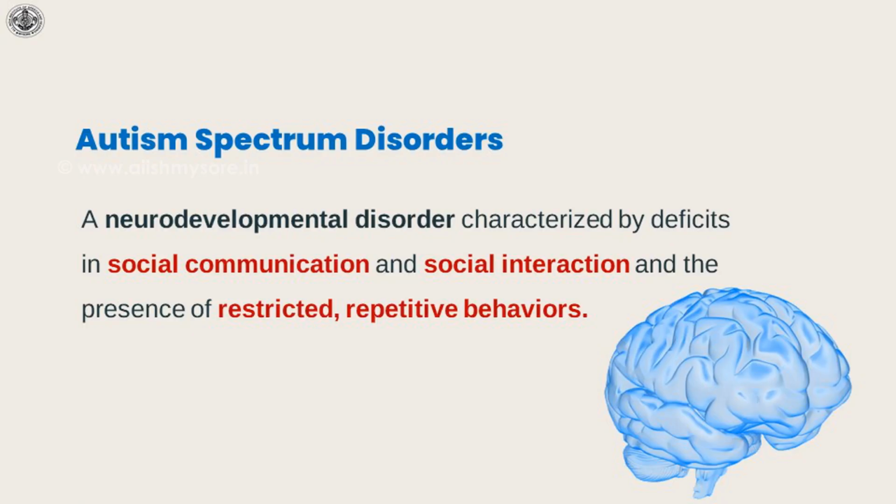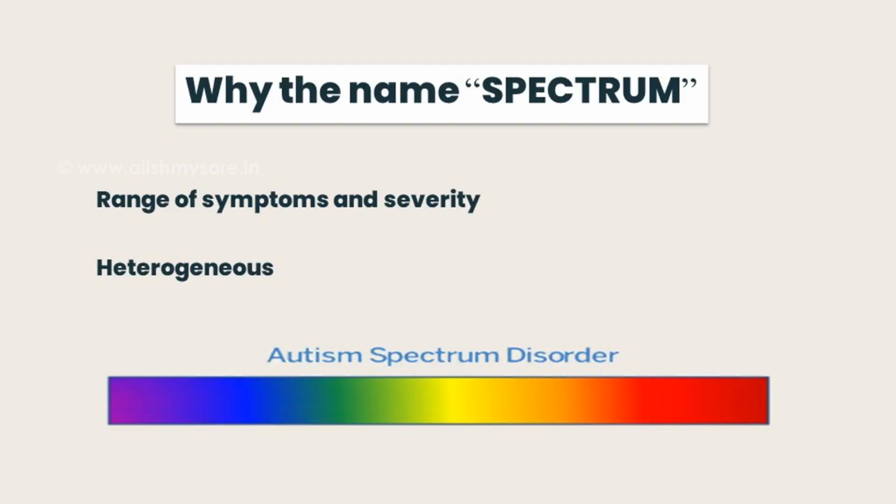Today, let's dive into a very important topic called Autism Spectrum Disorders. As we all know, autism spectrum disorders is a neurodevelopmental condition which has deficits in three major areas such as social communication as well as stereotyped repetitive behaviors. This condition is called autism spectrum because we often do not see that these children form a homogeneous group. There is a lot of heterogeneity in this condition in terms of the type and severity.